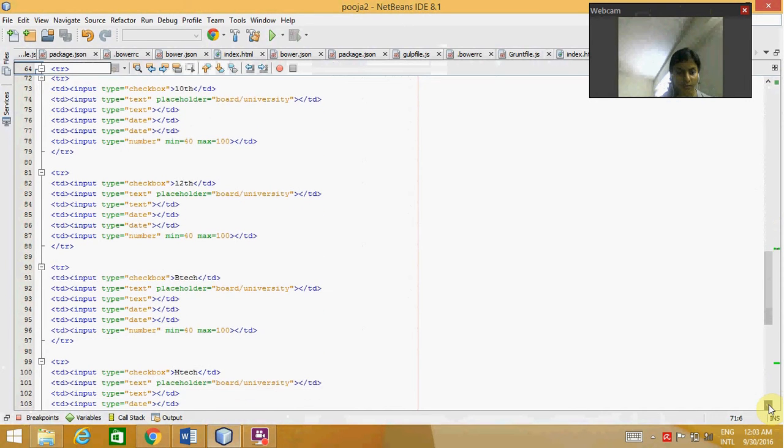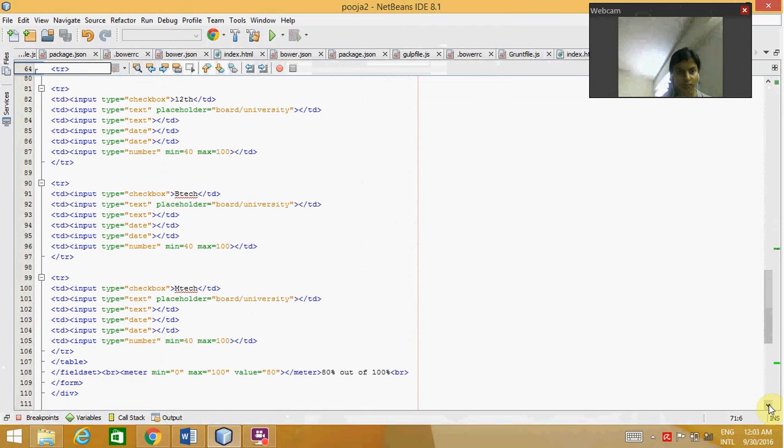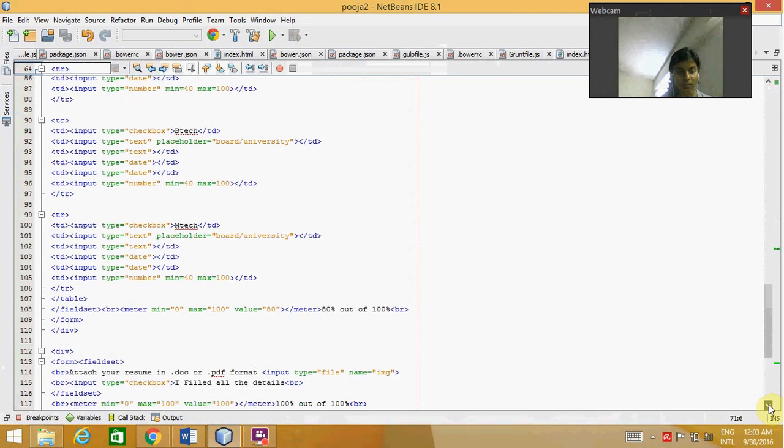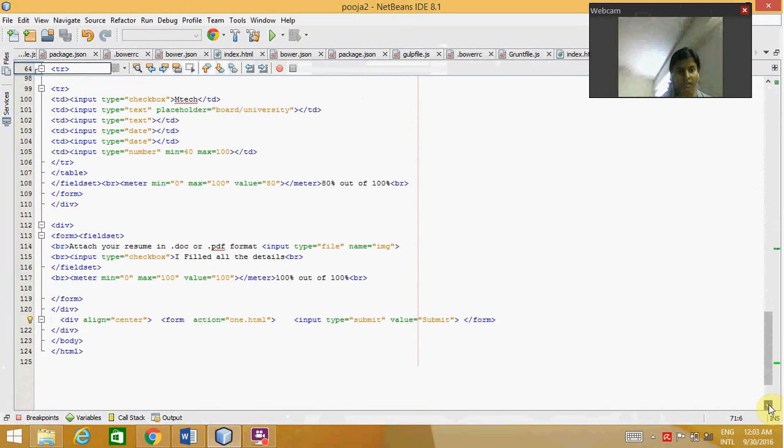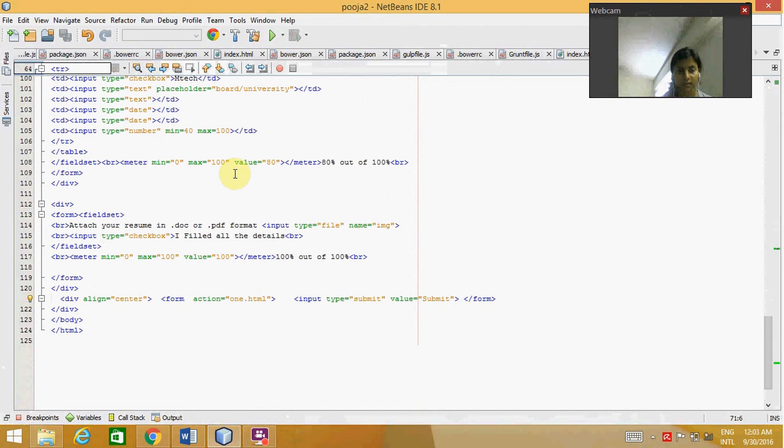And then same with the MTech, and again we'll give the field. Again we'll mention the meter, like how much information we got from the above division. And then we'll just close this field, and then input type checkbox, as if I fill the rest of the details. If we fill everything, it gets 100%, or 100 in the meter, and then that's all. I'll just submit